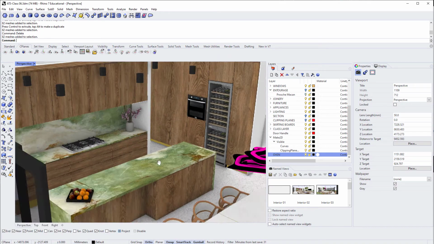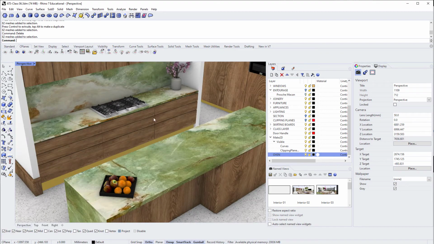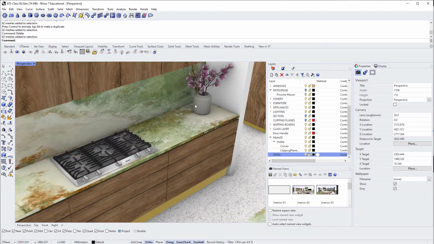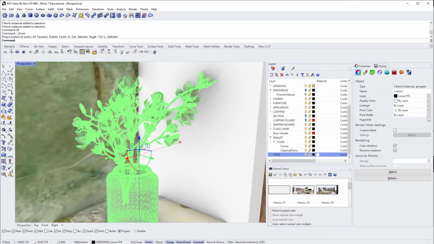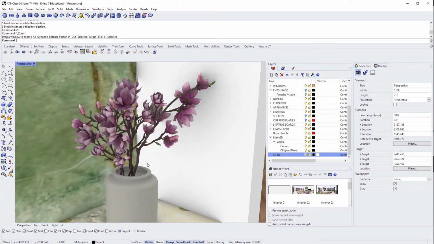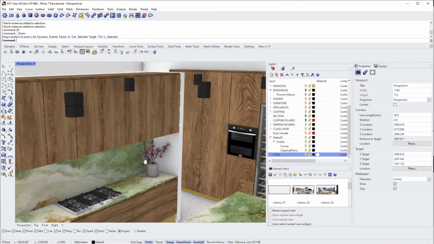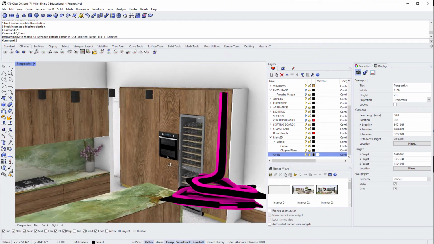You'll notice that I've already placed a bunch of models in here, from a fruit bowl through to my cooktop. I've got a plant here, which is pretty high polygon count. You can see when I click on it, you can see all the meshes. That's all the polygons. So that's a pretty high count, but I think that's quite a nice looking model, and even my wine fridge here. Again, this was all using just SketchUp Warehouse and just typing in the items that I want and going through that cleanup